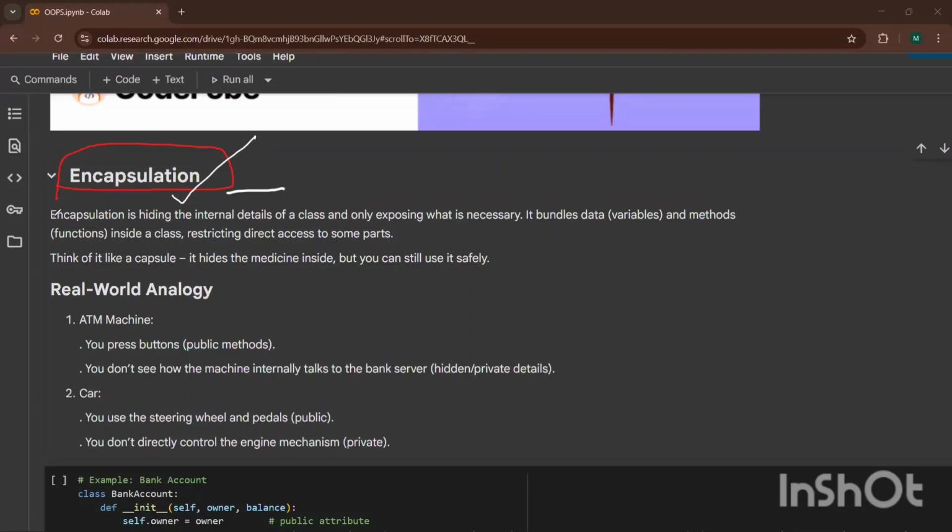So what is encapsulation? What do you guys remember about encapsulation? I have already told you about it in our previous sessions, no? The definition we have covered. So tell me, guys, what do you think encapsulation is? Hiding unnecessary details. What about others? Hiding the details, okay. Anything else?